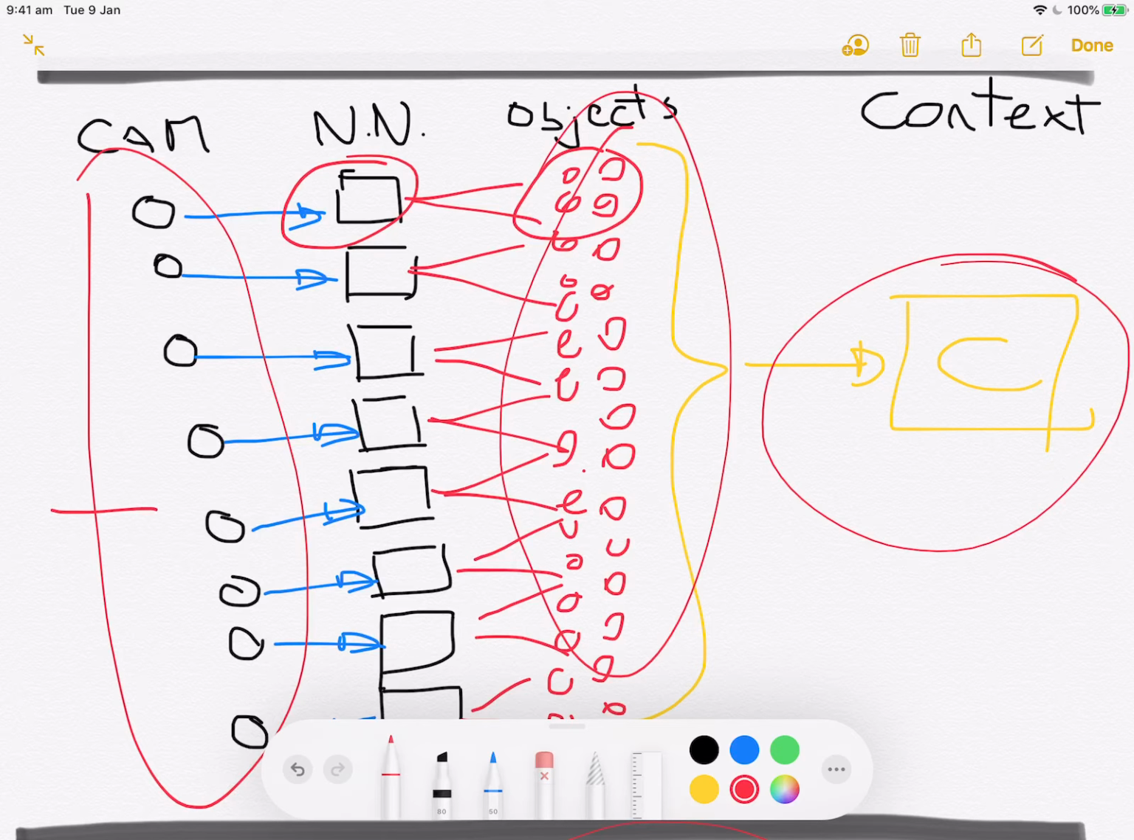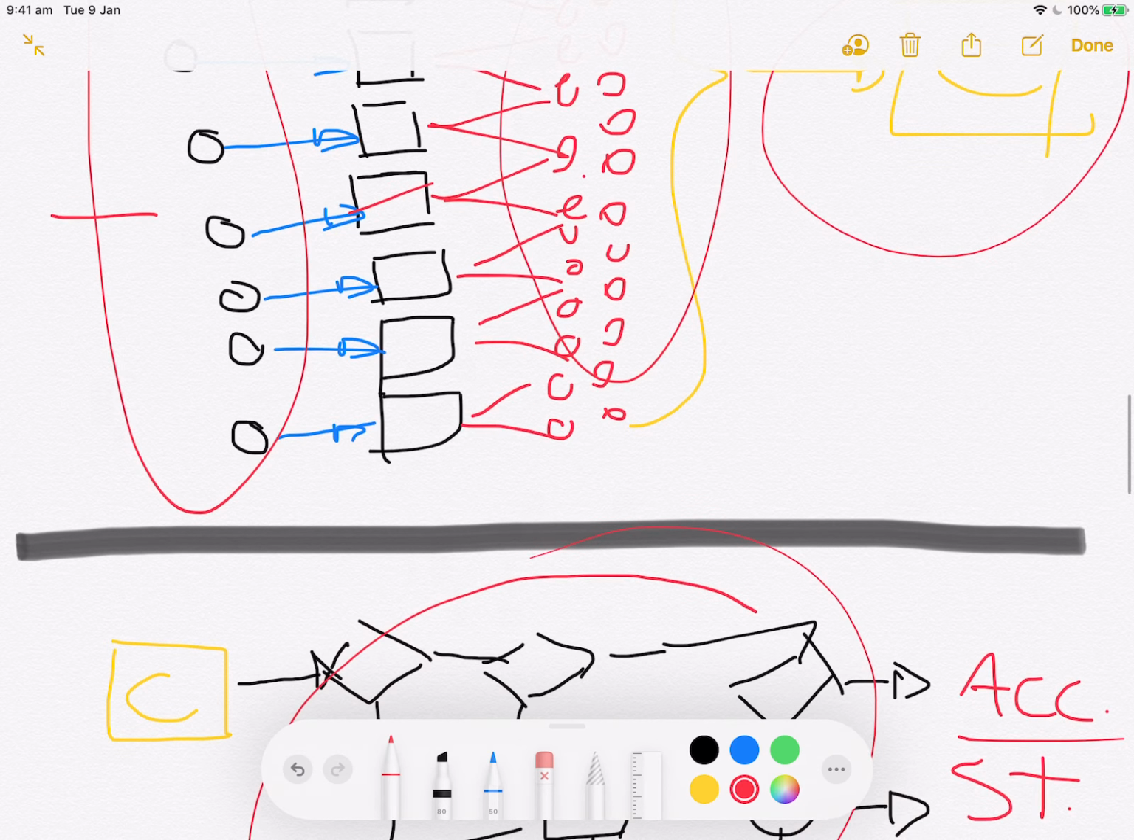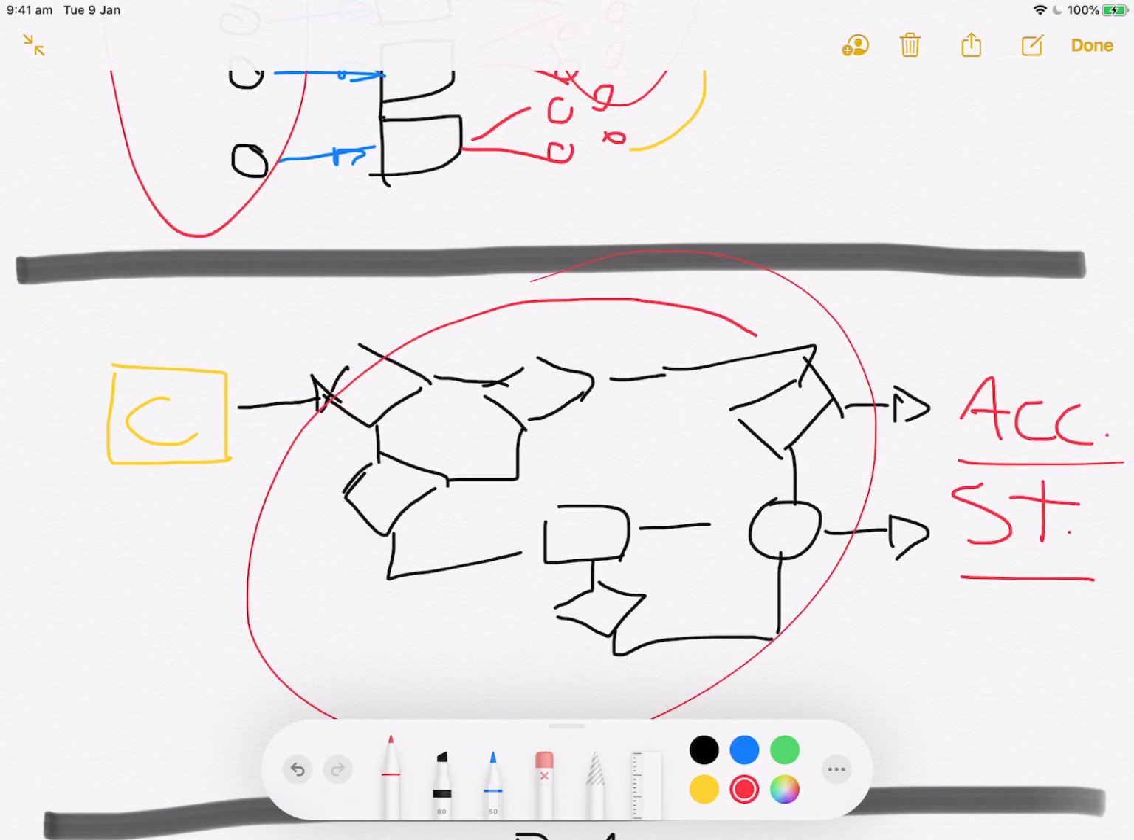So that's my understanding of the current architecture of Autopilot. You have cameras, you have neural networks, they work pretty much independently, each camera, then you find a context, and then you have a set of rules, and then you come up with acceleration and steering. Now, there is this whole thing about